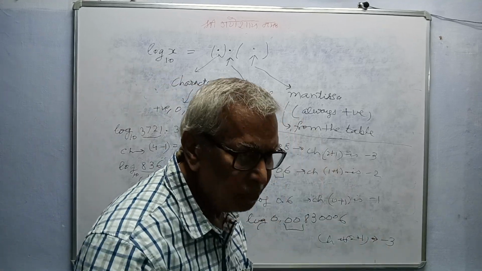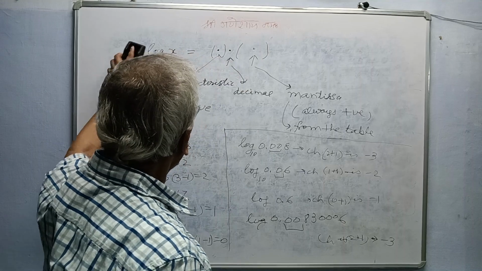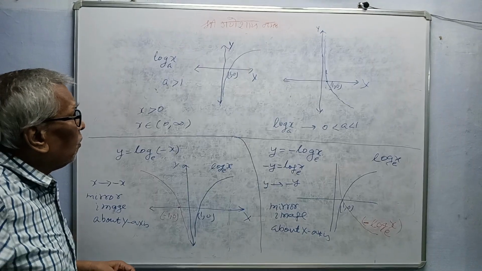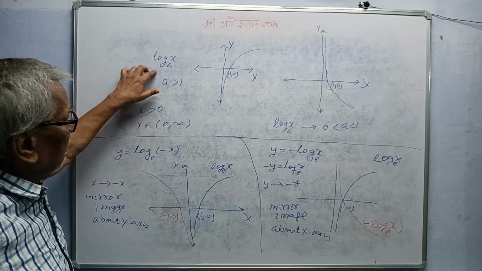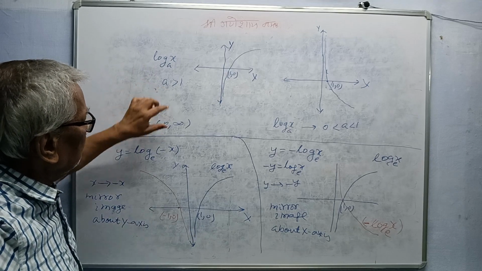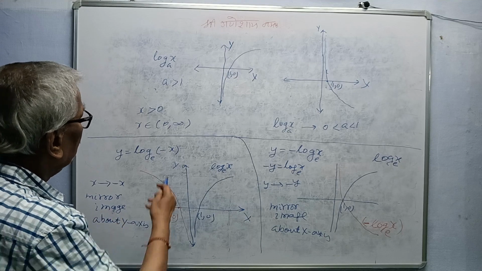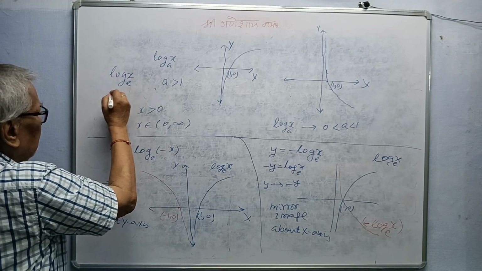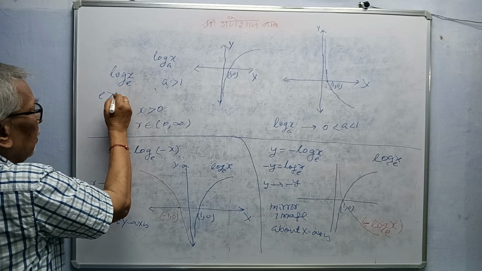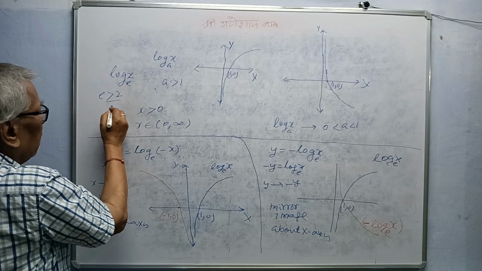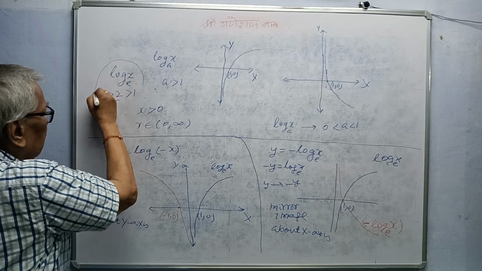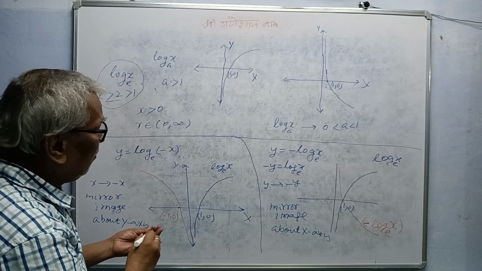Now graph. Now log x to the base a is greater than 1. We can also write it like this: log x to the base e, because e is greater than 2. So obviously it's greater than 1. So you can take e as well. So this graph will be,